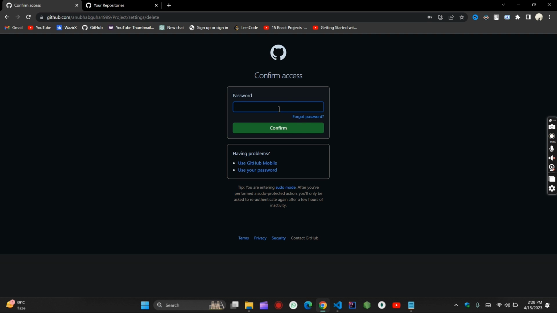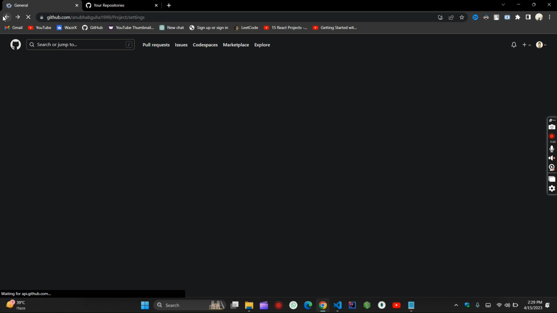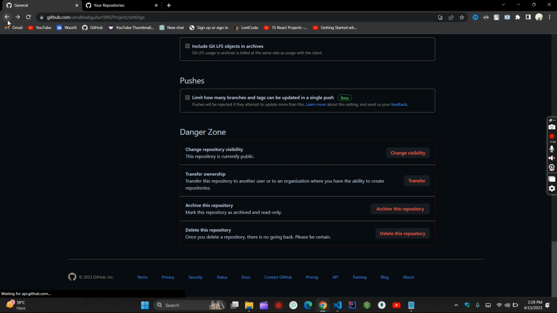And it will ask your password, and then it will delete it, which I will not do because I don't want to show my password to you all, right? So we are going backwards. Okay, so this will actually delete this,